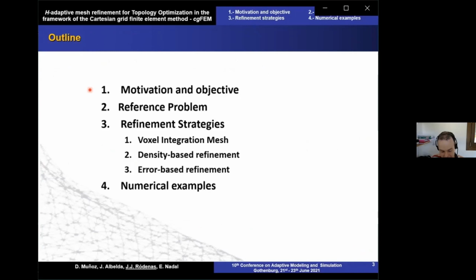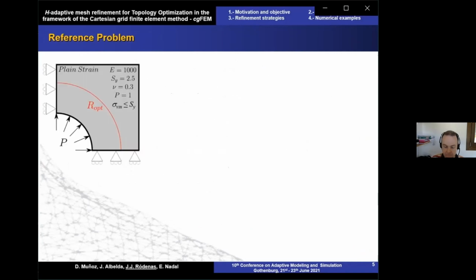After the motivation and the objectives shown in the previous slide, I'm going to present now a reference problem that is going to be used to test the proposed refinement strategies, and I finish my presentation with a numerical example. The reference problem. This is a cross-section of the reference problem for these loading conditions. The analytical solution is going to take the form of a cylinder subjected to an